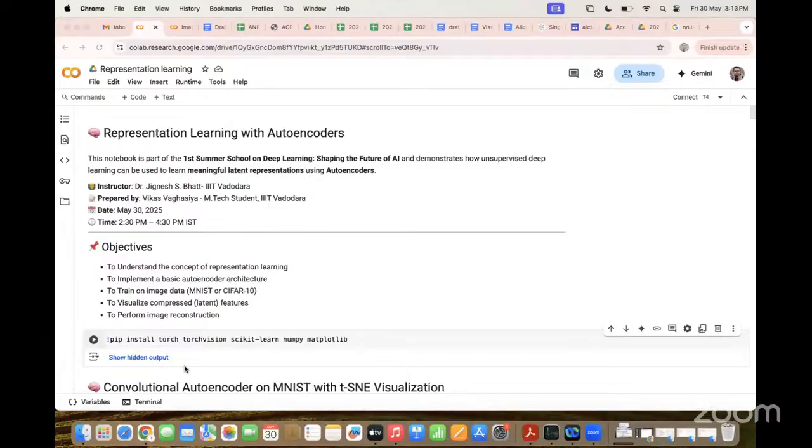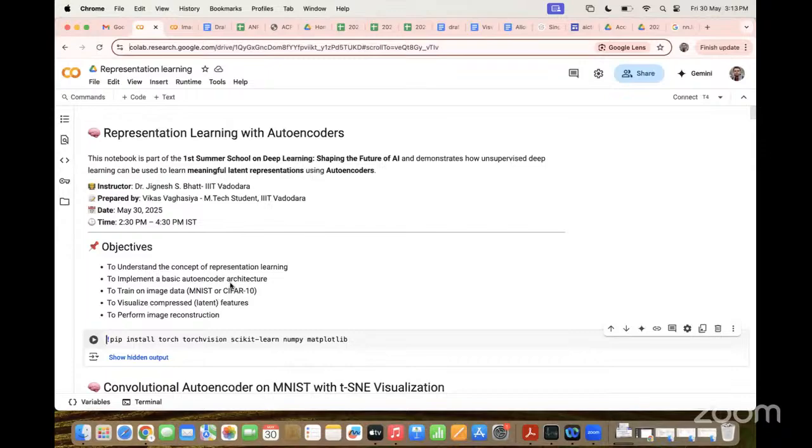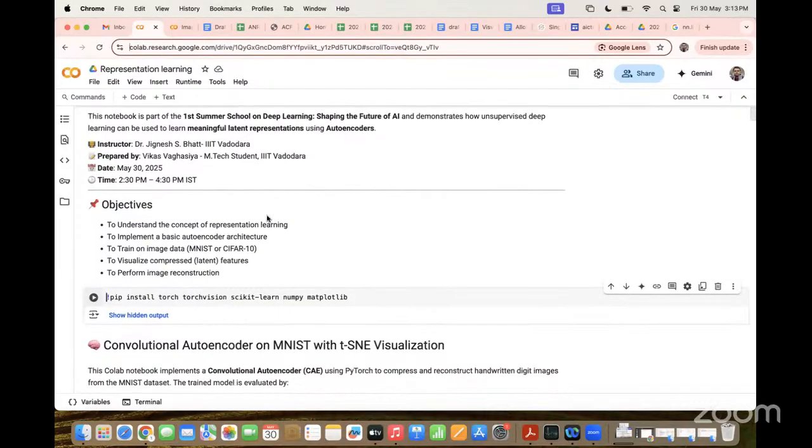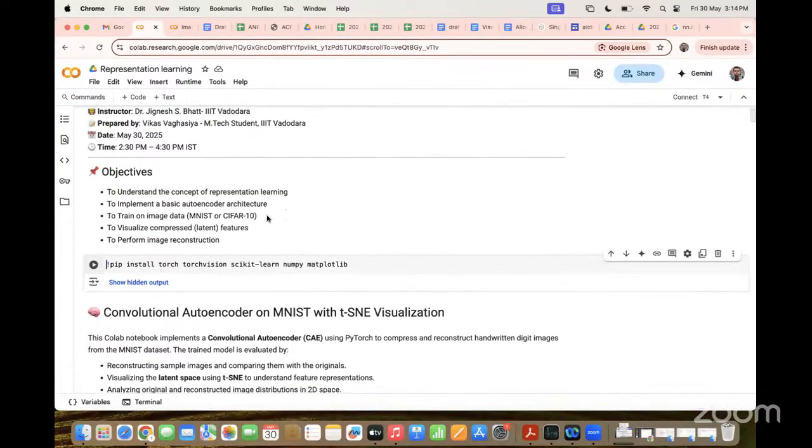Okay, thank you. In the second part, we begin with representation learning with autoencoders. As we saw in the previous practical, we use the same dataset, MNIST. It's basically 28 by 28 images of handwritten digits 0 to 9.